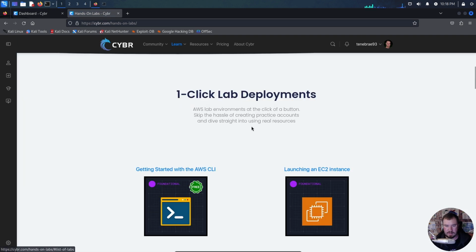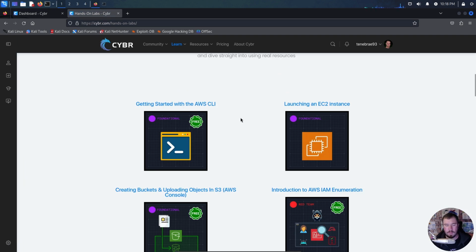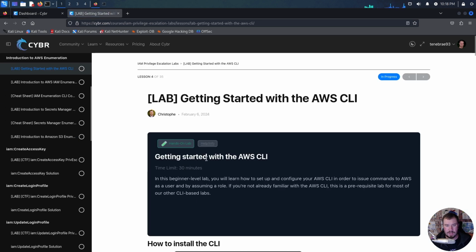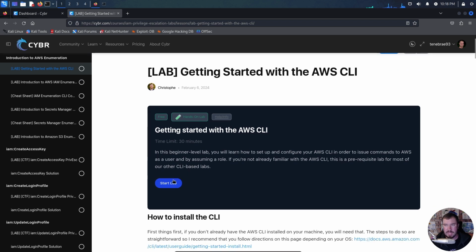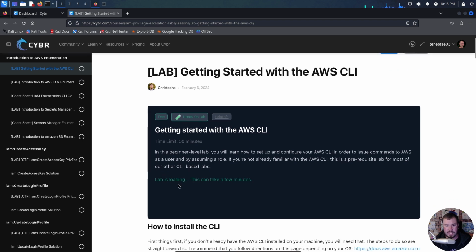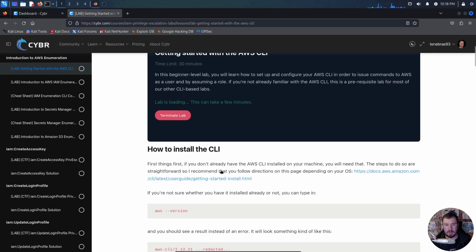We'll view our list of labs down here, and I want to begin with this very introductory lab on getting started with the AWS CLI. So let's go ahead and click that lab. And here's the cool thing about this. You don't have to even create your own AWS account. I'm just going to click Start Lab, and it's going to do a one-click lab. It's going to spin up a real AWS environment for us to interact with,